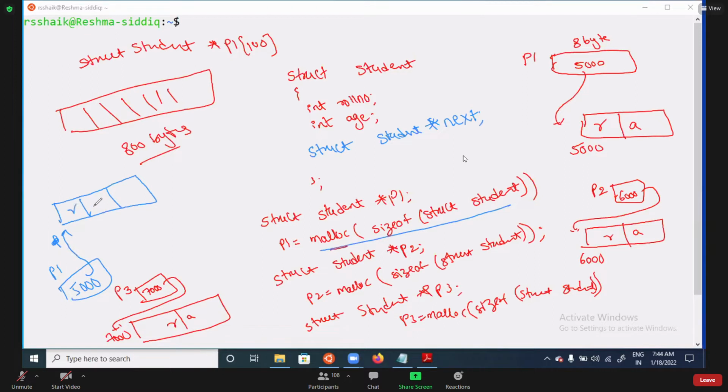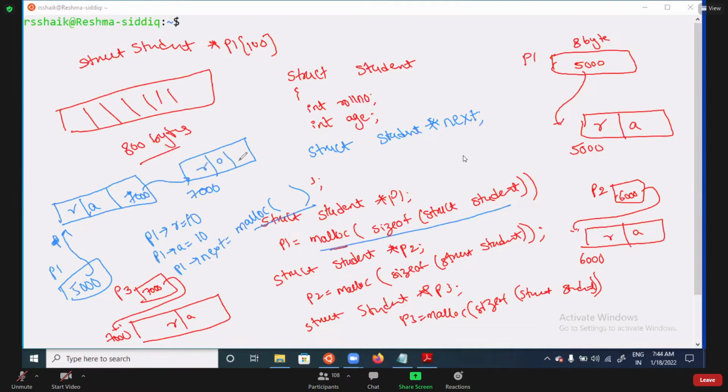Roll number is there, and after that here you can store the address. That means p1 arrow roll number equal to 10. p1 arrow next equal to malloc function. That means the malloc function will create the memory, and this address is stored in p1 arrow next.